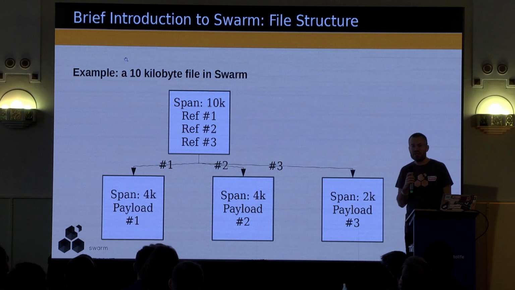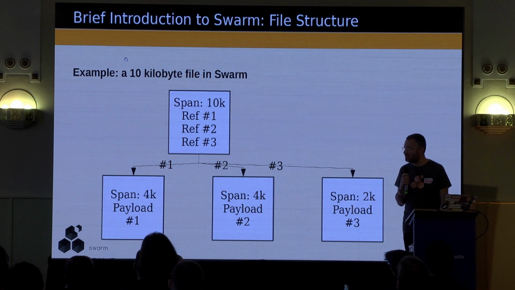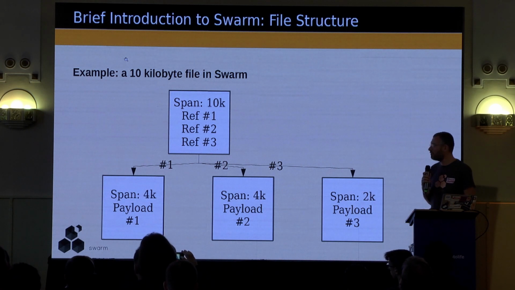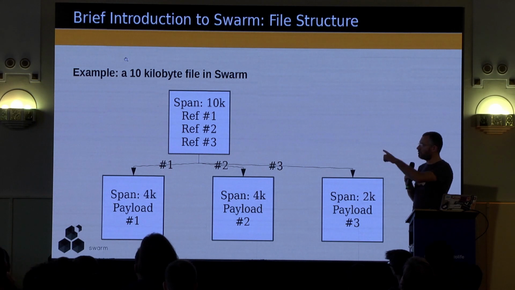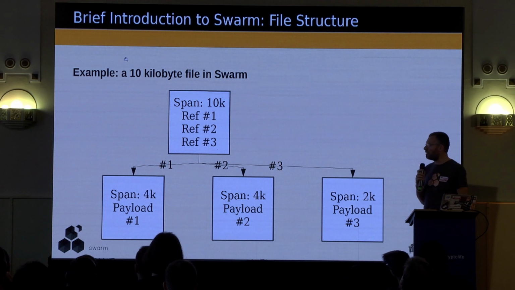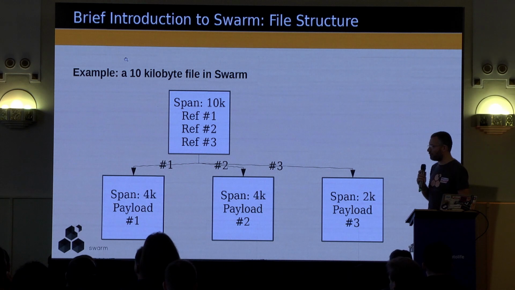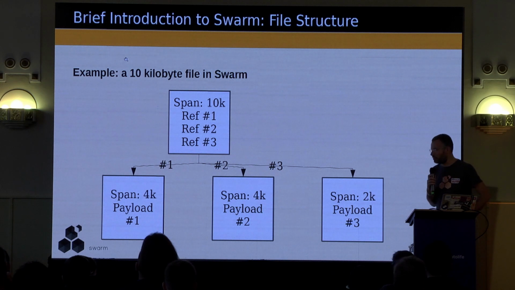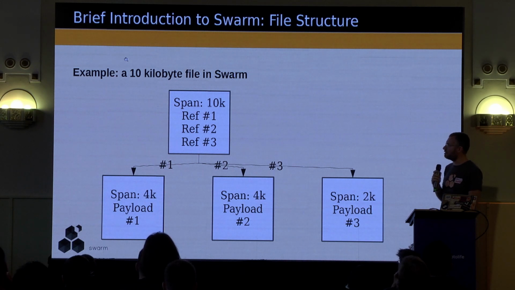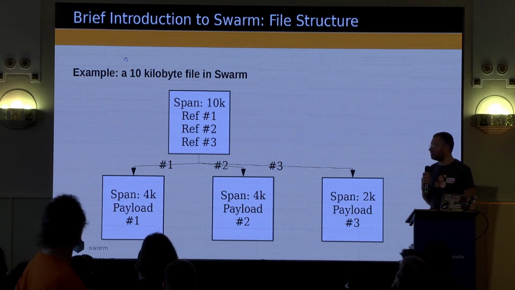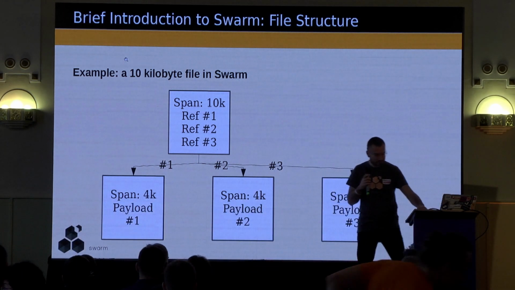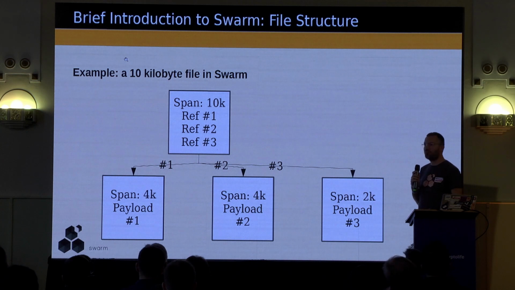So here's an example. Suppose you want to store 10 kilobytes, which is more than 4. In Swarm, this is how you store it. You need 4 chunks to do so. One intermediate chunk, the one on top, which also happens to be the root chunk. And it has 3 references to 3 additional chunks. The first 2 chunks are full, they're payloads, but that's just 8 kilobytes, so there's an additional chunk which holds the last 2 kilobytes. And these 4 chunks together constitute the 10 kilobytes, which are referenced by the single reference to this root chunk, this one. So this is the content-addressed structure of Swarm.